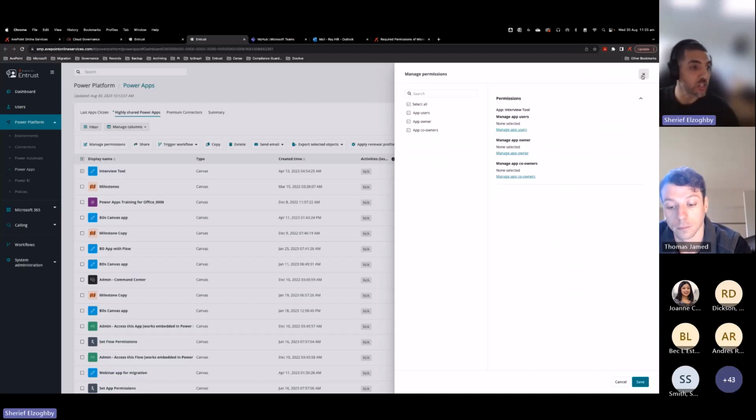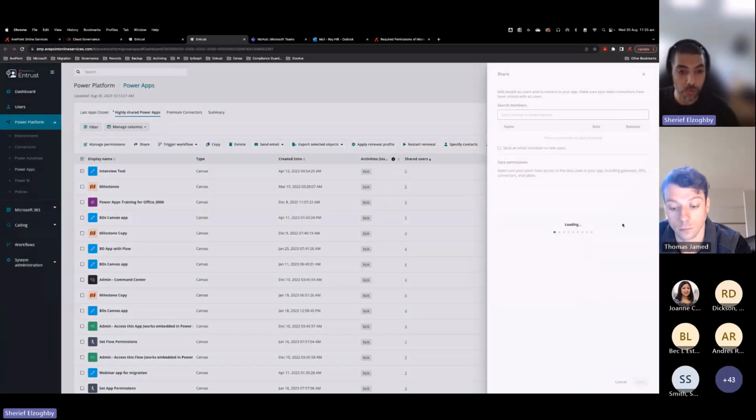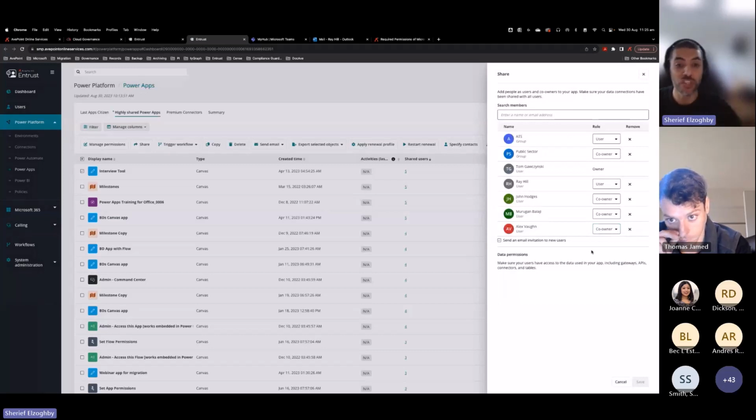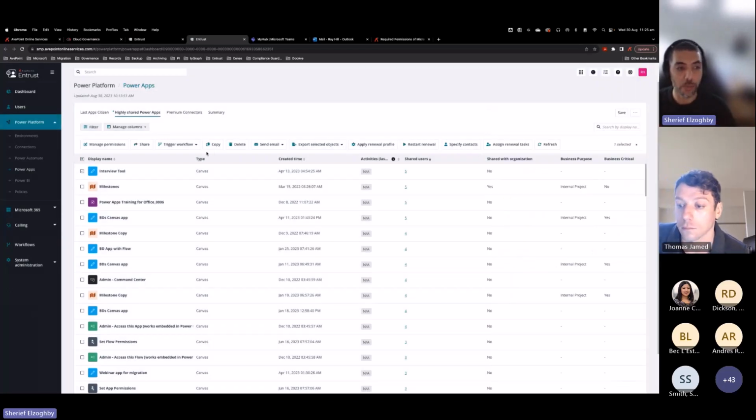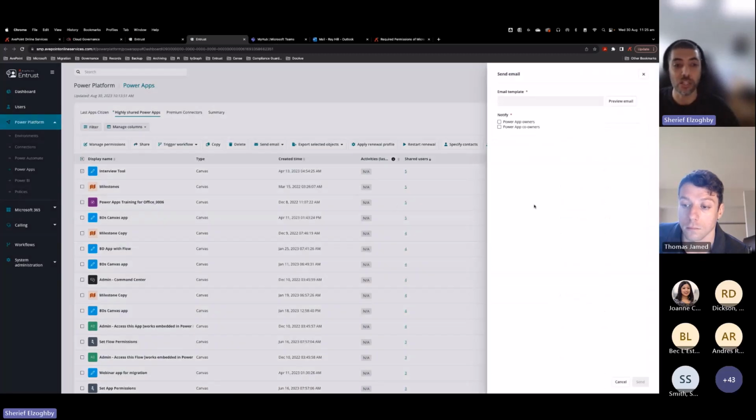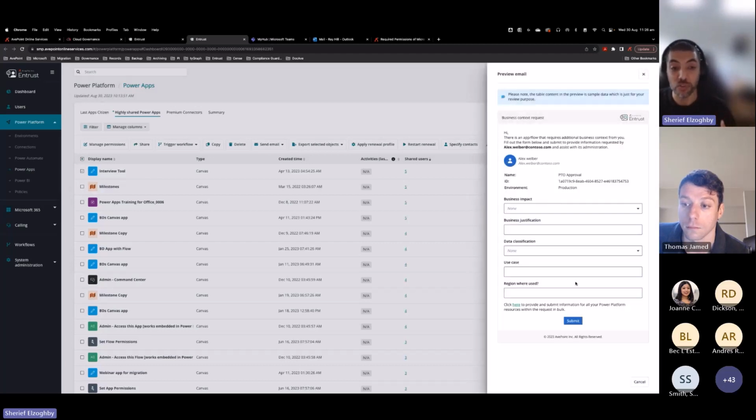I can also manage the share it with more people, or remove any share, change the access that they have on the share from owner to co-owner or user. There are other actions like copy, delete, send the context email, or send them an email asking them why they need this for. So I can come in here and define the preview email, the form that they will receive